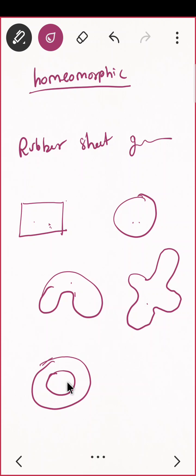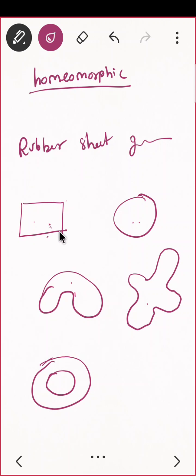Yes, what do you think? Can you do that? There is a hole in between. You cannot, correct? If you are having a hole, actually, one more condition you can say is compactness. If this is compact, then the other one should also be compact, and then path connected also.